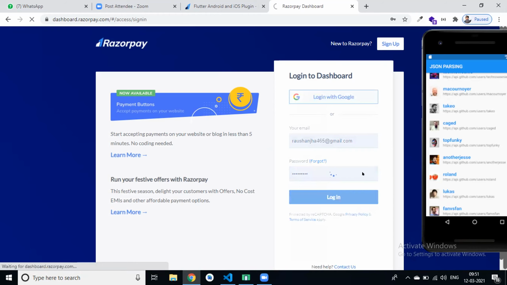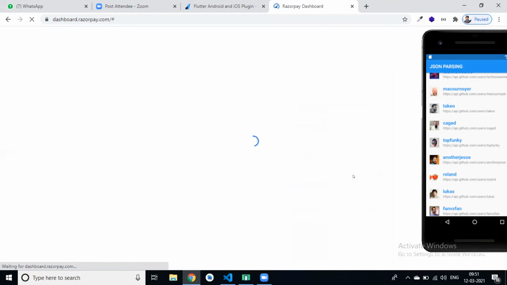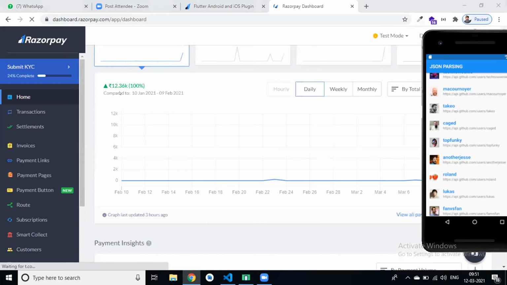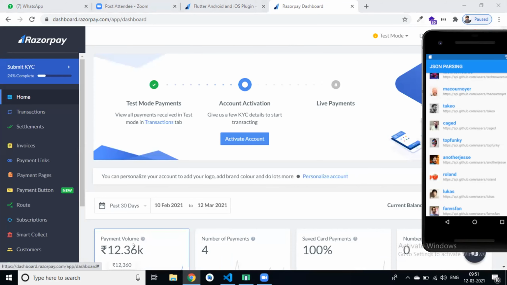So please create a Razorpay account with simply your email ID and password. Then we get a live key or test key. Like you can see 12.36k payment volume, but this is a test mode payment. Can you see test mode payment?